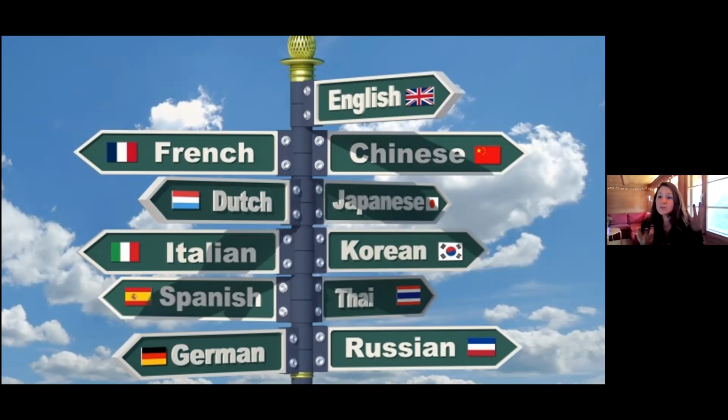And if language is a tool for communication, then you might expect it would be very useful for all of us to speak very similar languages. That's clearly not the case. So what's going on? And I'm also interested, related to this question, in asking, how do different languages evolve?